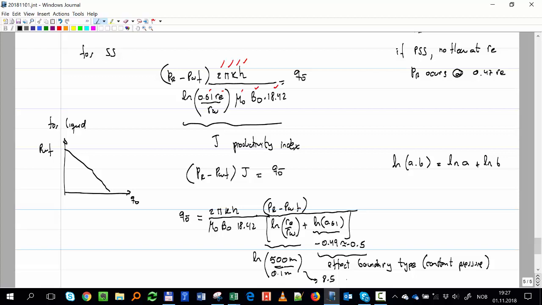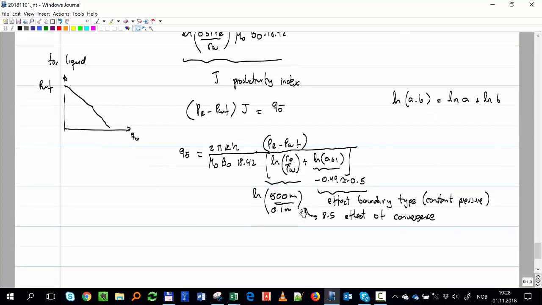So this is the effect of the convergence, when the area becomes smaller and smaller as I get closer to the well. And you see that the boundary really doesn't change much, this 8.5. It's much bigger than 0.5. So really, this number is not very important. Now let's do the same for